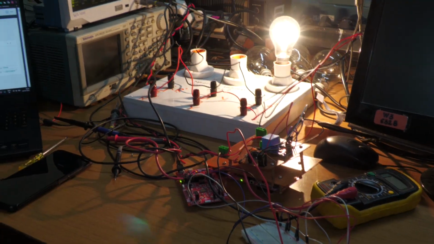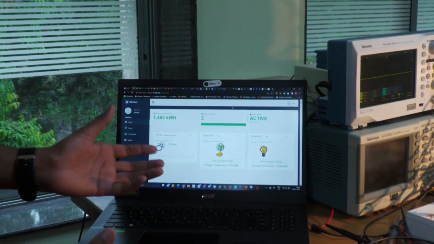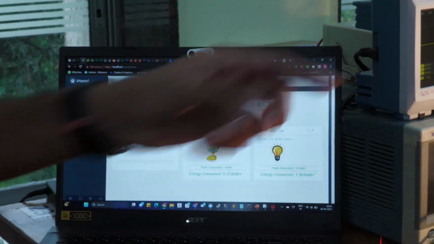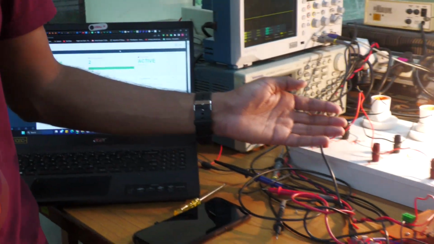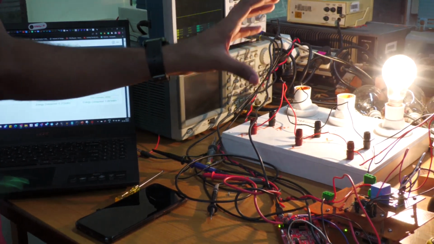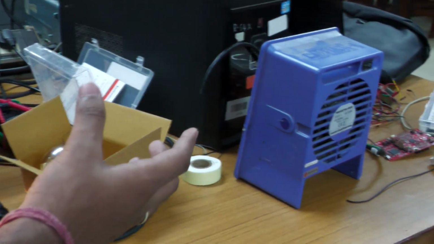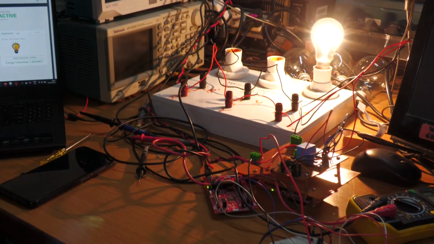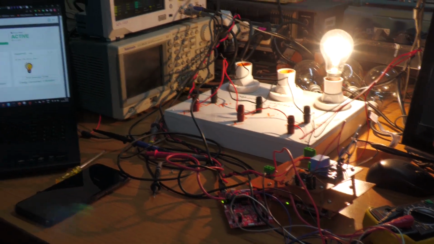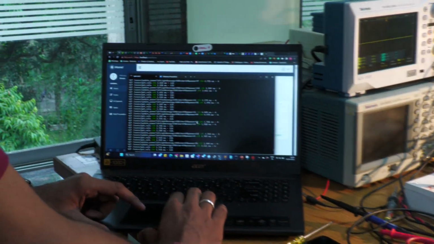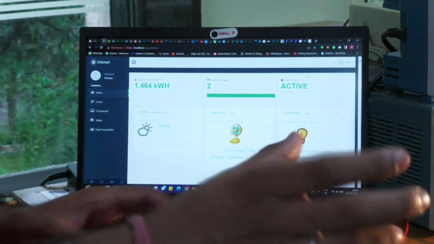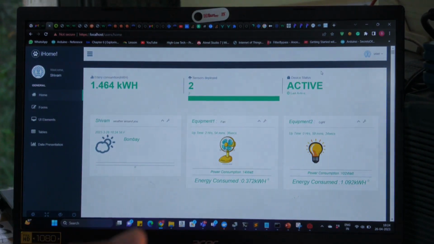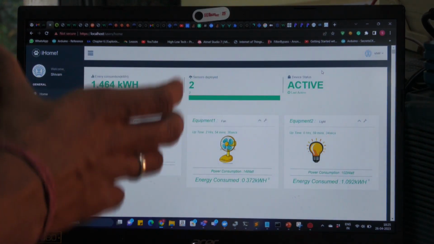This is the website that we have developed. Here we have two different modules. Here we have a 100-watt bulb as a load, and here it is a 19-watt AC fan. We are measuring the power of both these devices and sending both measured powers to an HTTP server, which is running on a local machine. From these two nodes we send small HTTP requests with the measured power values, and these values are updated on this dashboard.